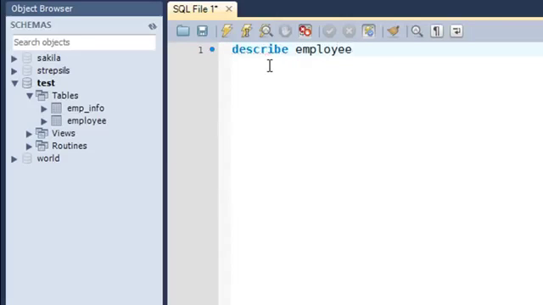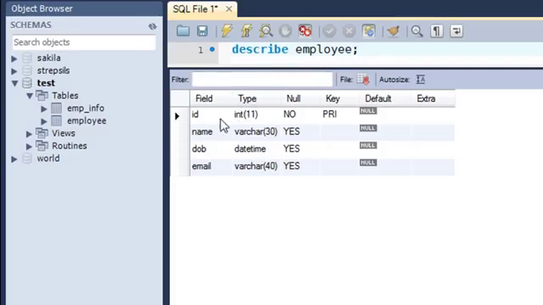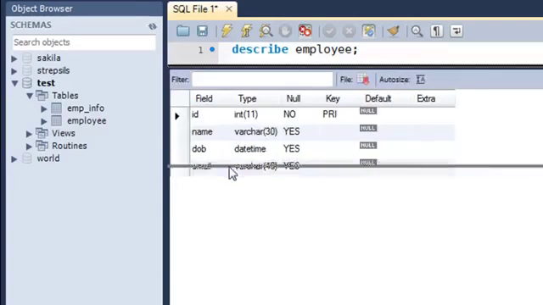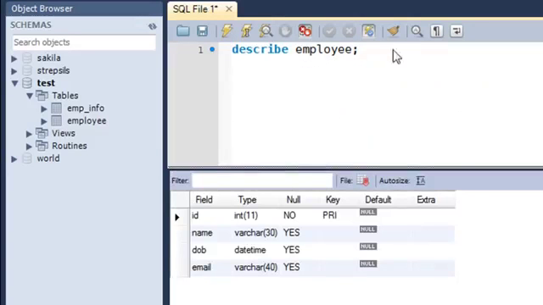Right, so this table we're familiar with. We've seen it quite a lot of times, and we know that it has the ID field, the name field, the date of birth field, and the email field, right? And it also should be having some data in it, and we're going to pull that data out using the